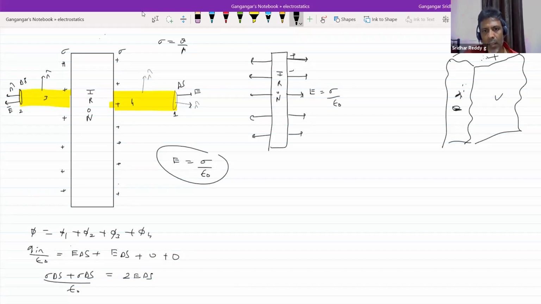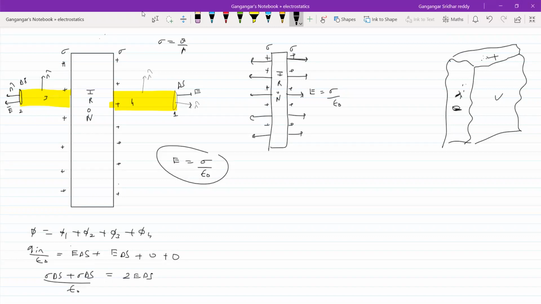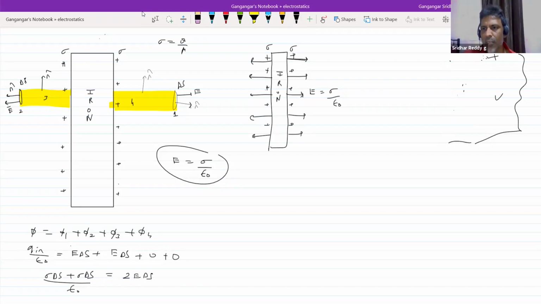If it is a positive charge, you have to show it like this. If it is a negative charge, then the field should be towards the sheet. Whatever charge you give, that charge will go to either face, not like a non-conducting sheet. So this is what the books actually have, they ended up like this.